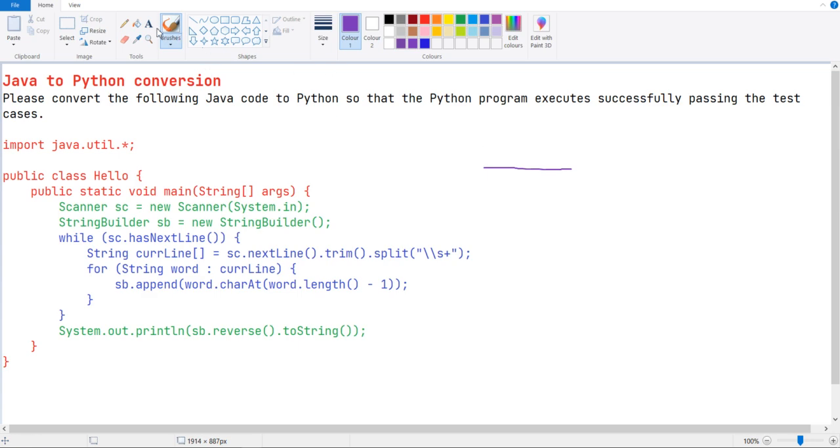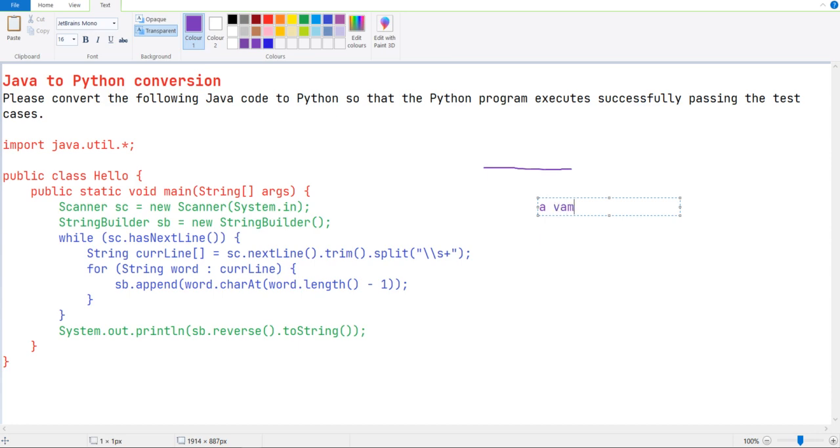So if we have some words like vamp, camp, level, place, they are traversing each word like a, vamp, camp, like that.